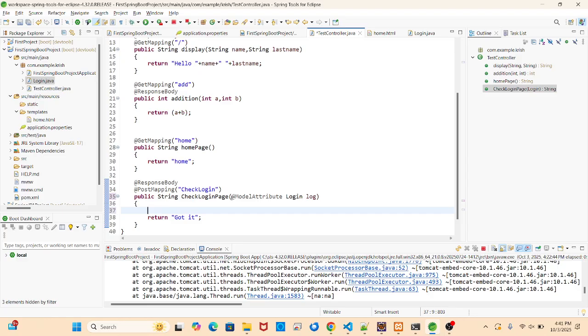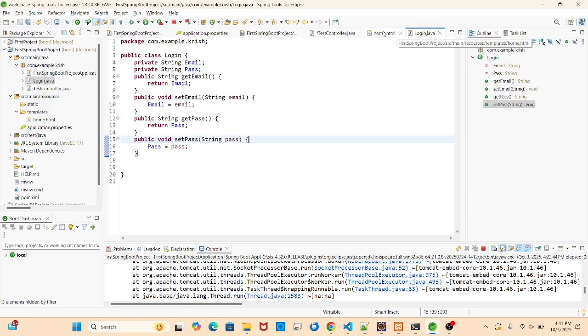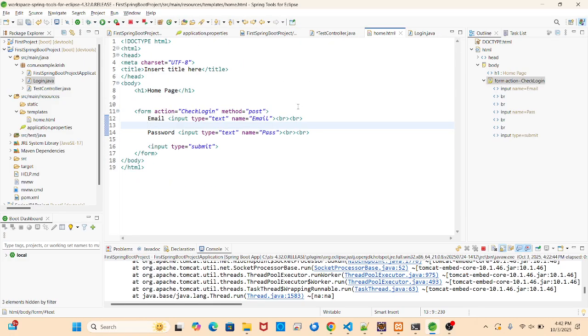What will the model attribute check? The log is my object, right? But the log which is present inside the form, how will it check it? The form's name I have passed, correct? I have passed the name, but are the form and these things linked somewhere? Are you getting my question? What am I asking? The Login model is there, and there is my form. Is there any link?